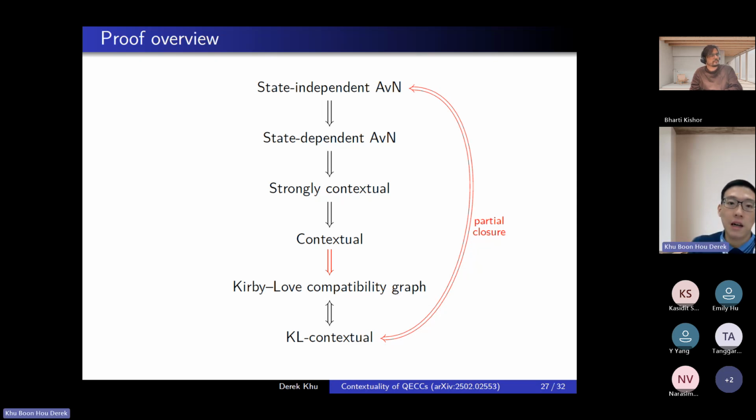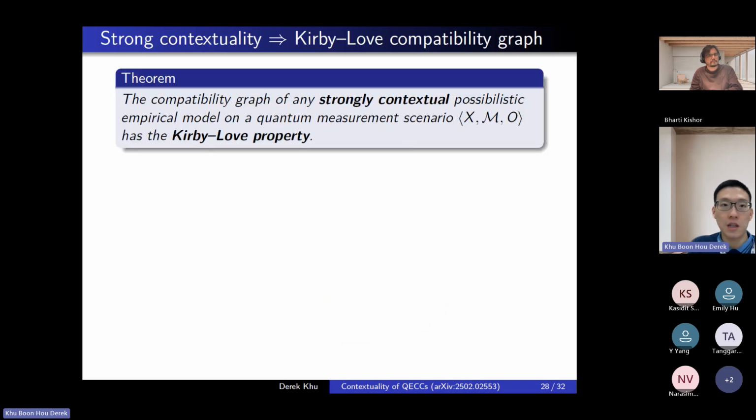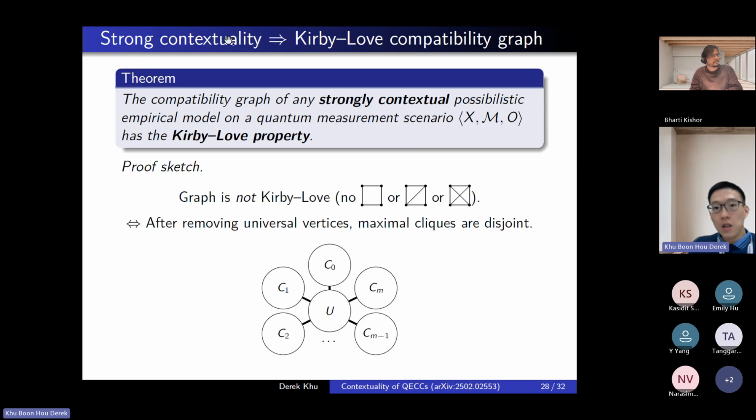So this is kind of the high level proof of our main theorem. To give a sketch of how we proved that contextuality implies the Kirby-Love property, here is a proof that a strongly contextual model has this Kirby-Love property. First, we prove that if a graph is not Kirby-Love, so it doesn't have any of these, this is not quite right, but